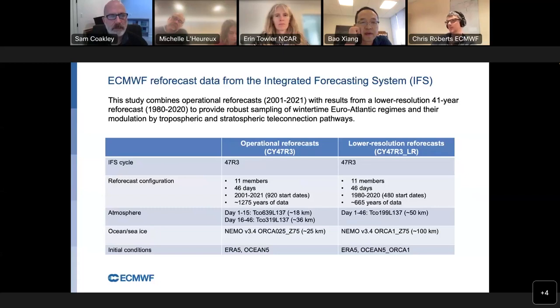For RD experiments, yes, we've done this. We've done things like bias correcting the SSTs. Currently running an experiment where we're bias correcting the stratospheric temperatures. So this is actually using infrastructure that's from our data assimilation system. So we have something called weak constraint 4D-Var, which outputs as a